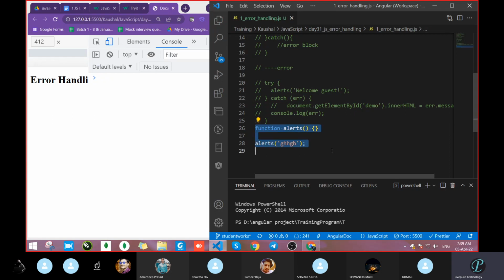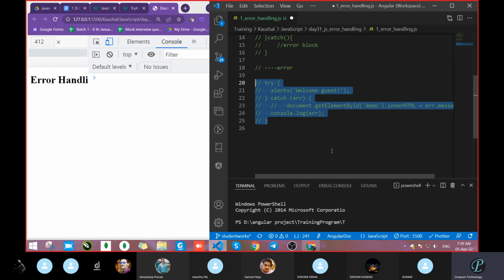But what was the alert? Alert was our pop-up message. But suppose we got the error. So what will we do? And this is the best practice of writing code. You have to handle the error in each situation. So we had written that alert, something is there. Alerts we had written by mistake, but a catch is there. Wait 1 second.